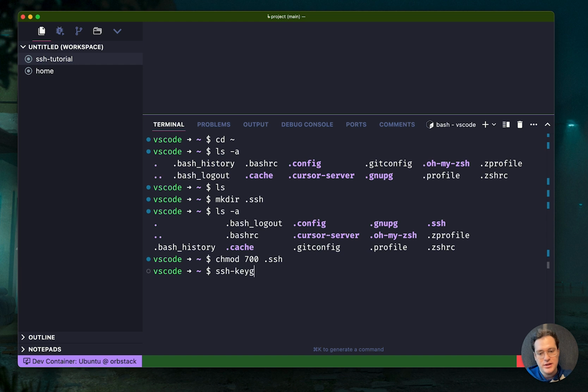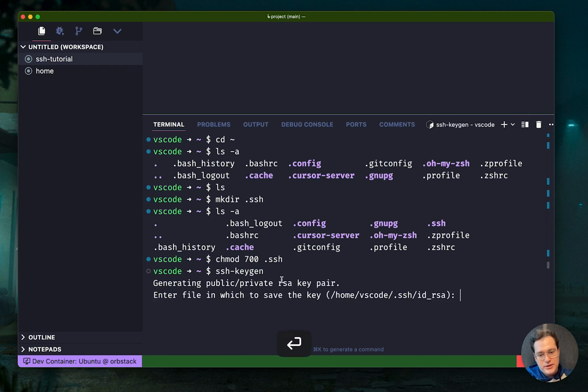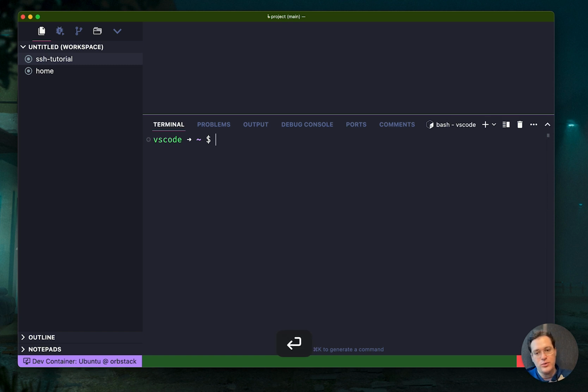Do ssh-keygen. And again, this is an OpenSSH utility. And when we just run it, we are doing so with all of the defaults, right? So it's gonna pick a default encryption algorithm to generate your private and public keys. In this case, it chose RSA. And even if we weren't in .ssh, it would want to save it into .ssh. We actually don't want RSA. RSA is an older algorithm, and the more modern one is, I think it's